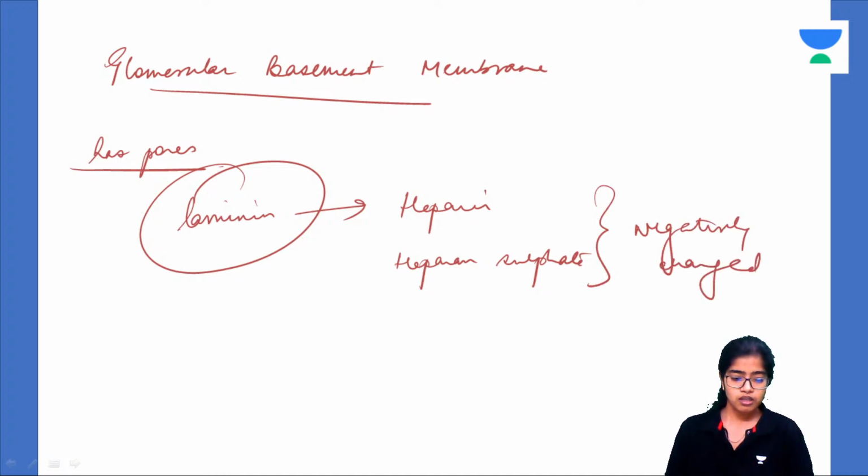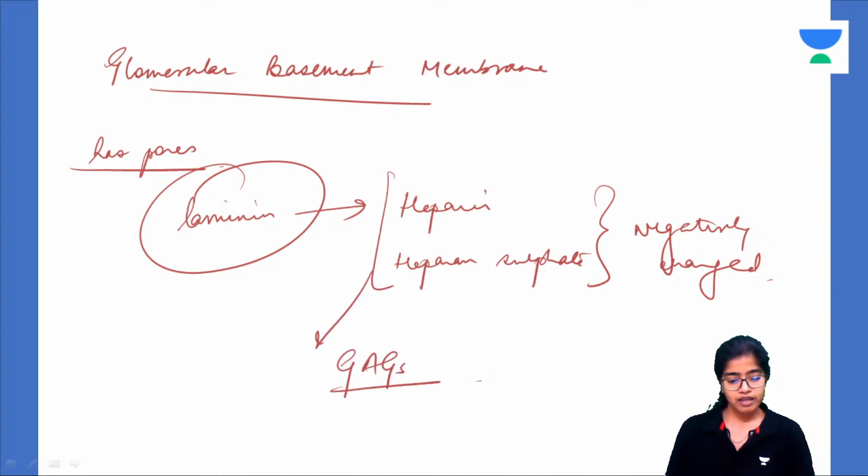What are these? What are heparin and heparin sulfate? Yesterday we discussed, they are glycosaminoglycans. That is GAGs. That means they are polysaccharides containing repeating units of disaccharide molecules. And out of these disaccharide molecules, at least one is an amino sugar. What is glycosaminoglycan? Polysaccharides